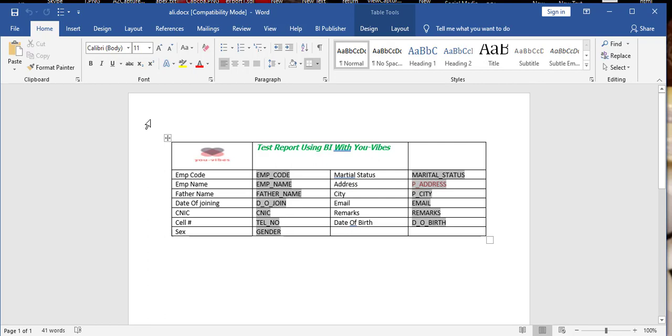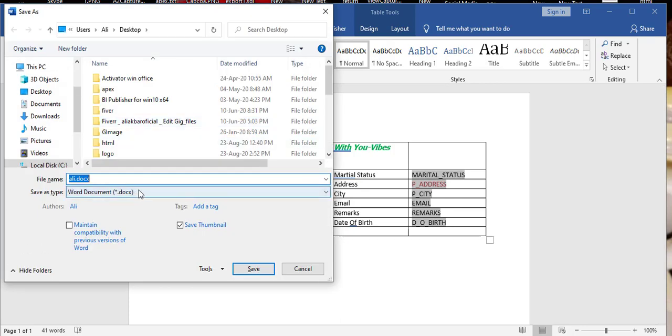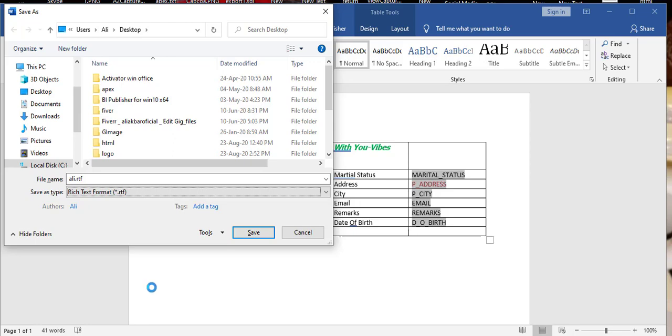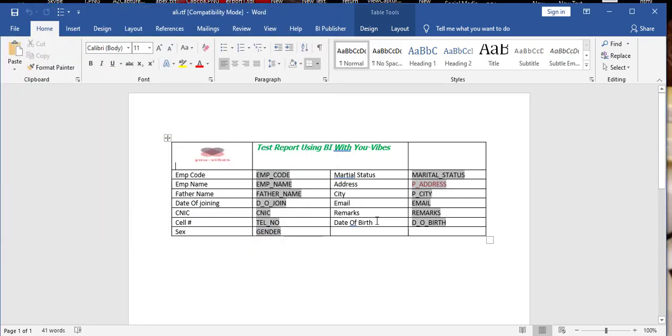We save the report as RTF. I'm saving the report on the desktop. Save.